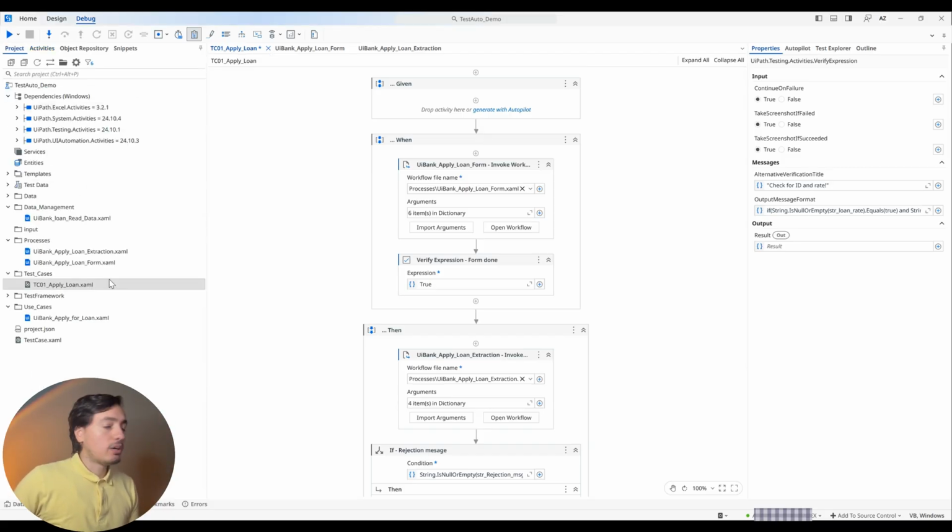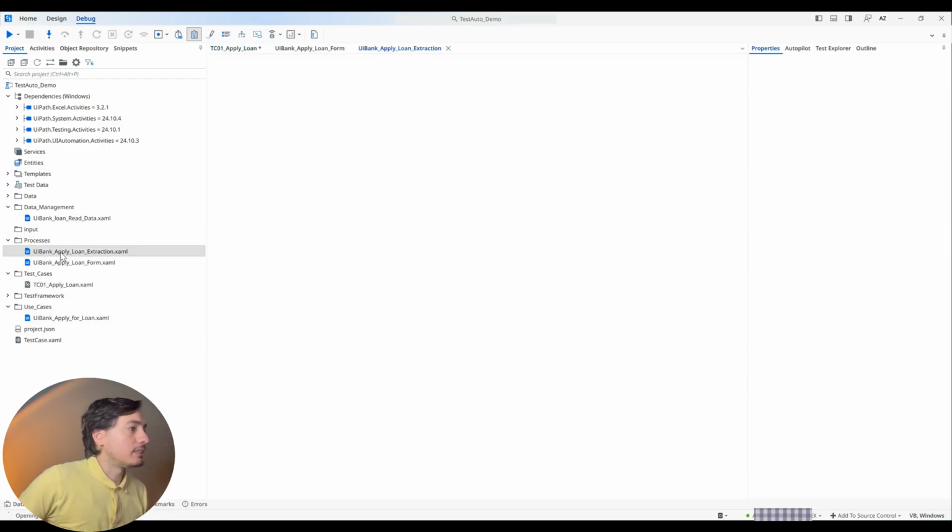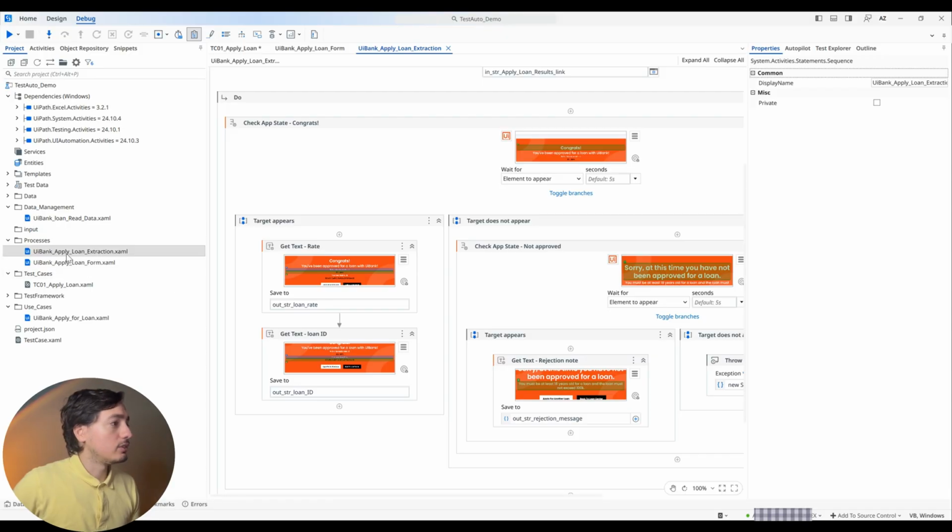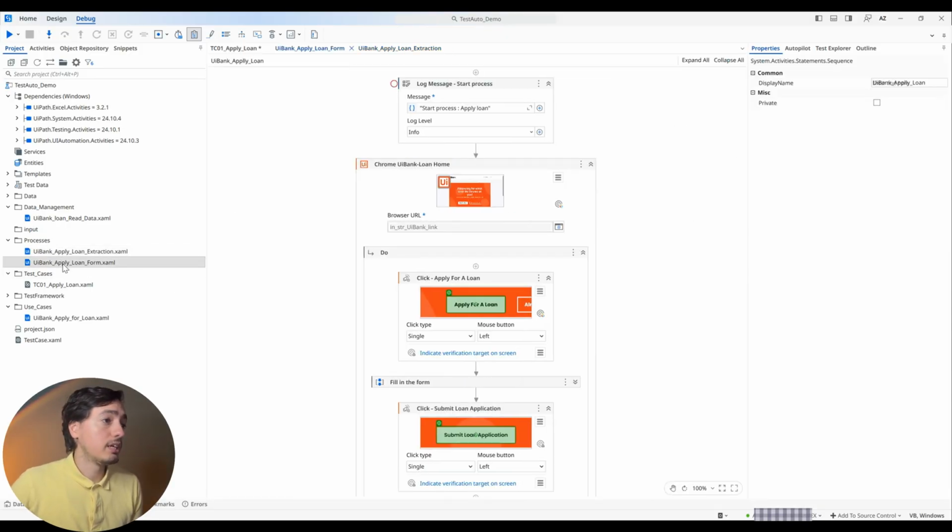Okay, so I'm using the UI Bank as a testing website, and let's go first about the processes themselves. So the processes, there's going to be two sub-processes, very simple ones, just for a quick example. This one is to start off by applying for a loan. So to apply for a loan, all I need to do is open a specific URL, which will guide me to the web page for application,